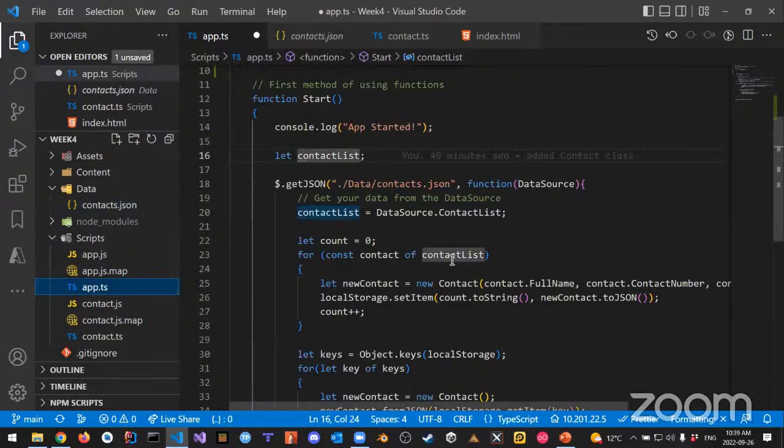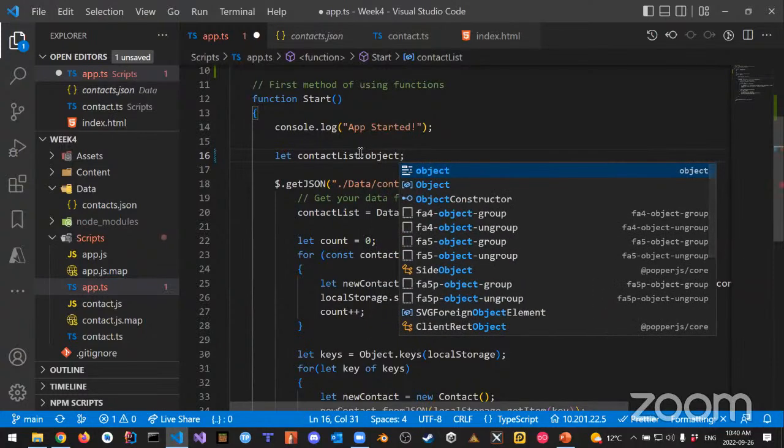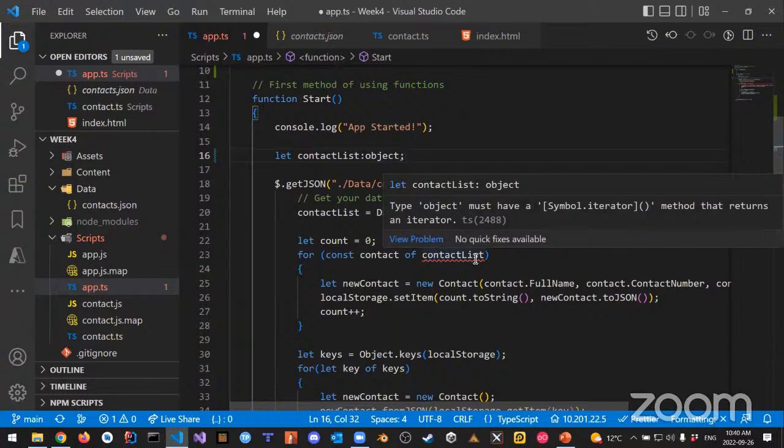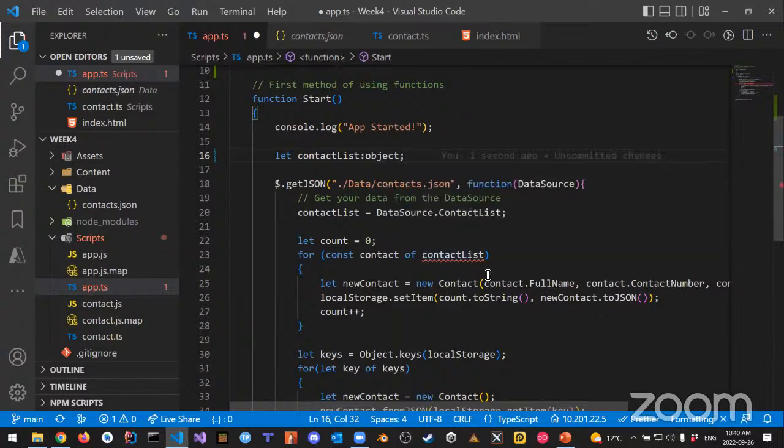Going back to this, if I made the contact list an object, if I said this is an object type, then again, I'm going to start getting some issues. It's going to say contact list object, I don't understand what you want to do. So that can't work like this. So contact list can't be an object. It's going to be an array, right, of type data, array of data of some kind, right? So it's going to be an array type. So it could say something like, well, contact list is an array. Array of what, you're going to say? Array of type any,